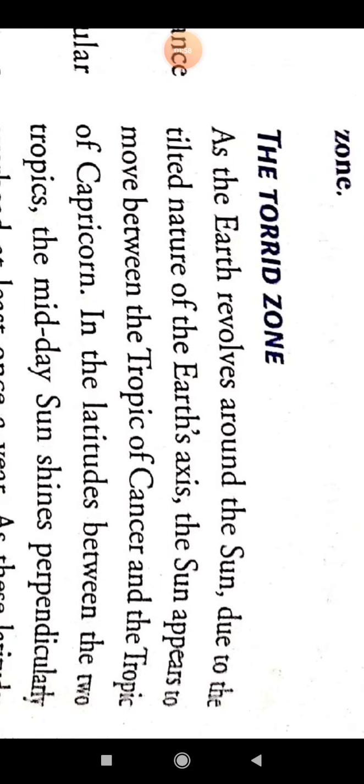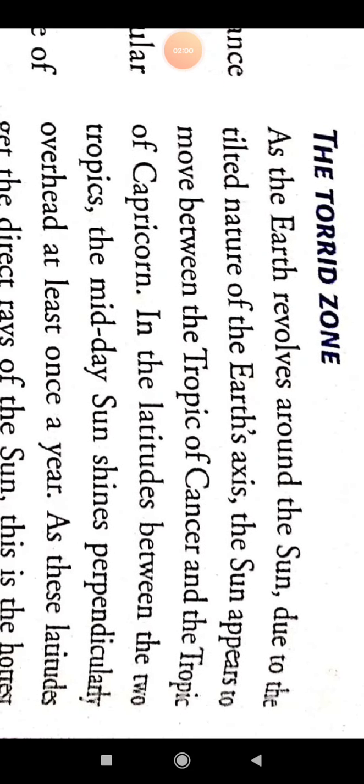So the first one is the torrid zone. The torrid zone lies between the Tropic of Cancer and the Tropic of Capricorn. The Tropic of Cancer is in the northern hemisphere and the Tropic of Capricorn is in the southern hemisphere. The degree of the Tropic of Cancer is 23.5 degrees north, north meaning northern hemisphere. And the Tropic of Capricorn is in the southern hemisphere, and its degree is the same, 23.5 degrees